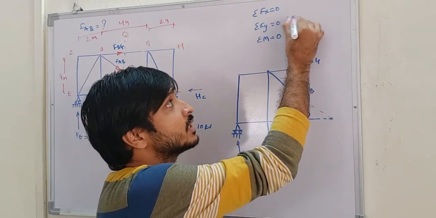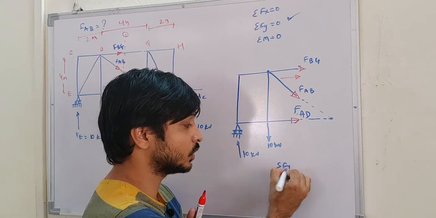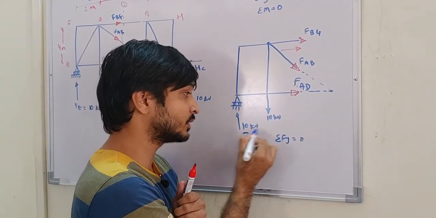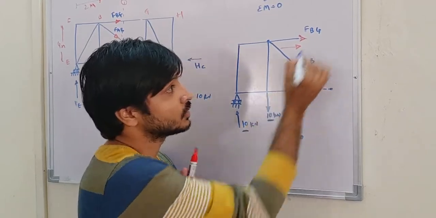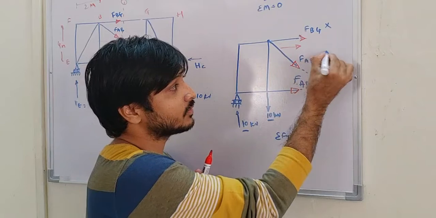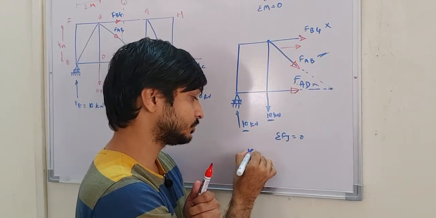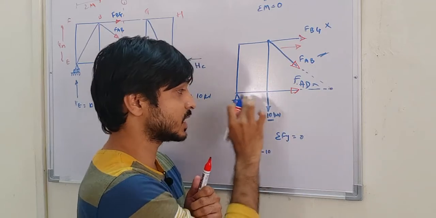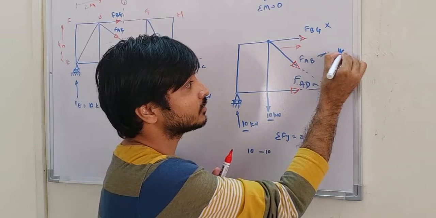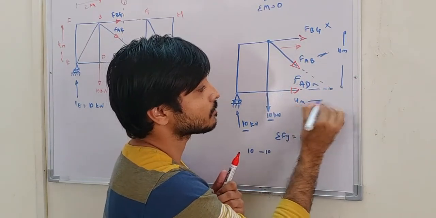So there is one more equation, that is summation of Fy equals 0. If I take summation of Fy equals 0, how many unknowns are there in the y direction? See, this is one in upward direction, one in the other direction. I know the value. So this will not come in the y direction. This will also not come in the y direction. Only thing left is this FAB. So directly I'll use that. That is plus 10, minus 10. This is plus 10, minus 10. Okay, so this is coming in the downward direction. This is 4 meter, this is 4 meter.